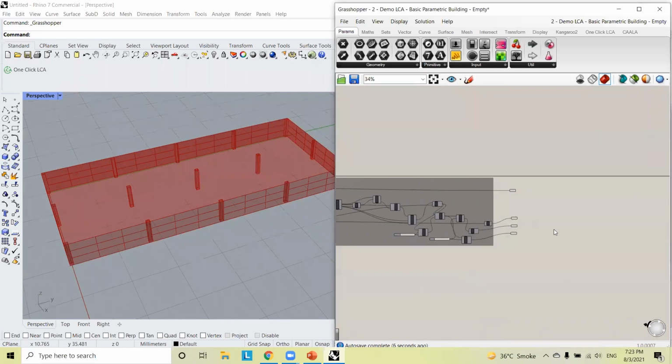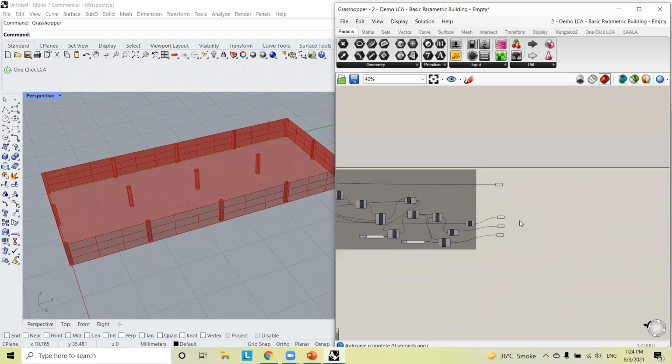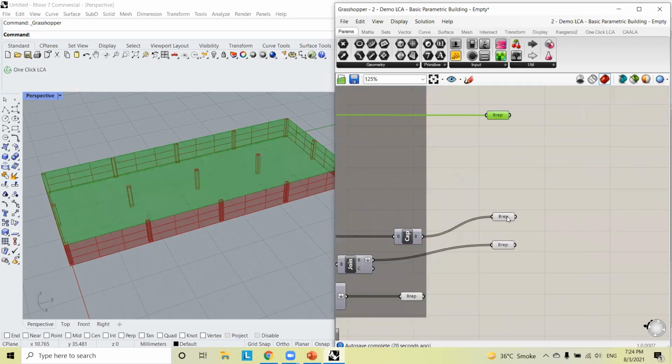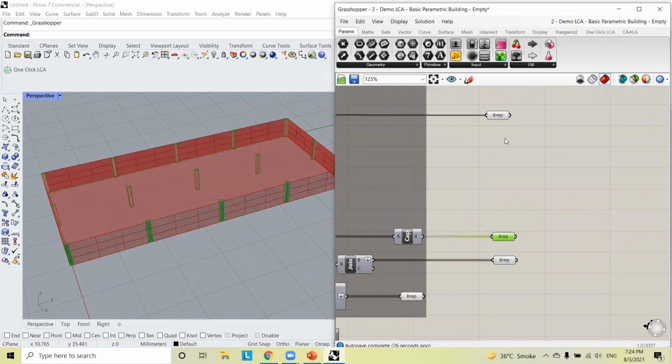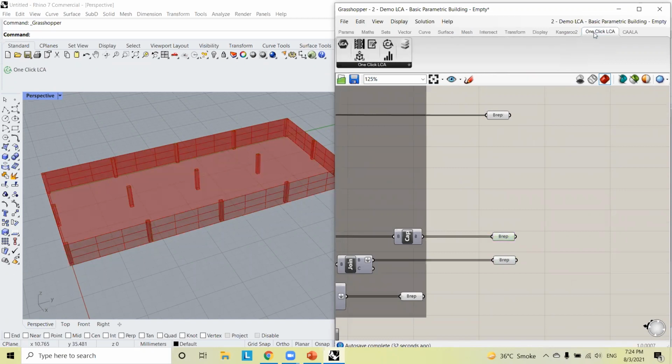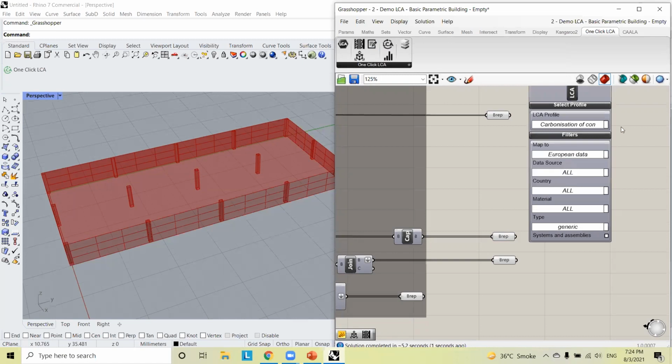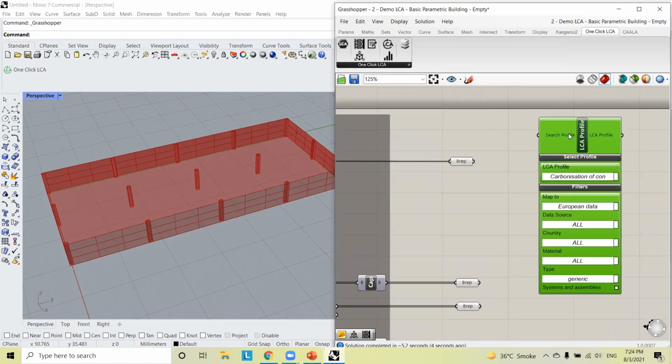Then the first step would be to decide which materials you want to use. Right here, I have basically 3 elements that I want to get results for. I have my slab, I have my columns, and I also have my external walls. So I need to decide which materials go where. How can we do this? We go to One Click LCA's tab, and we use the Select LCA Profile component. For each element that you have, you should have one LCA Profile component. So give it a second. There it is. And basically, right here, you can search for a material